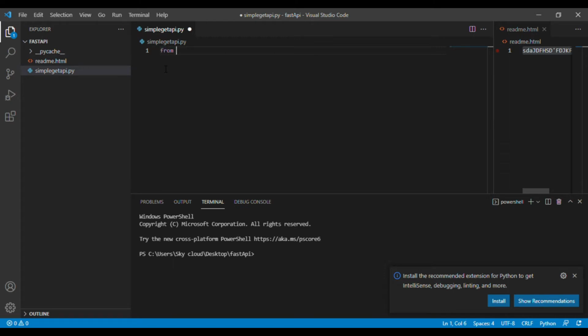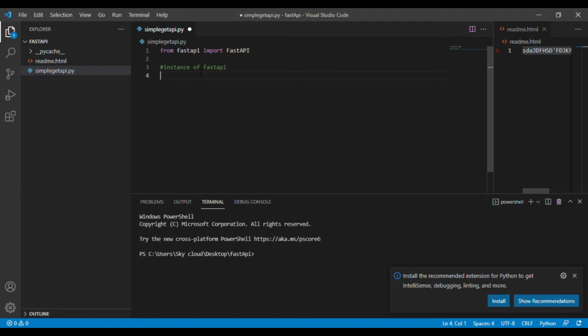Here I'm importing the package: import FastAPI. Then I'm going to create an instance of FastAPI.